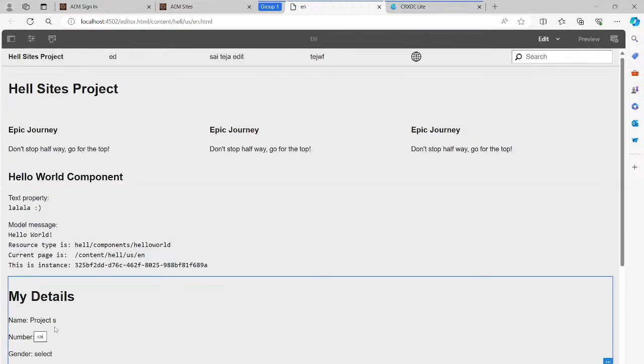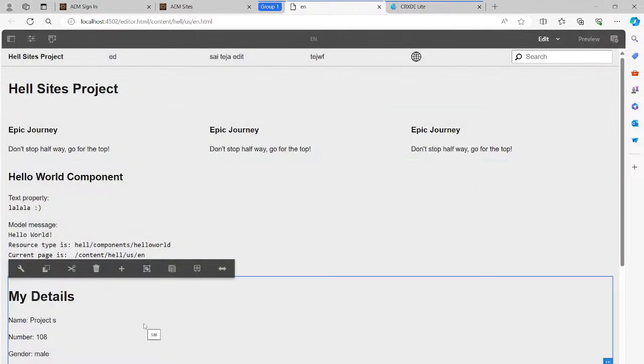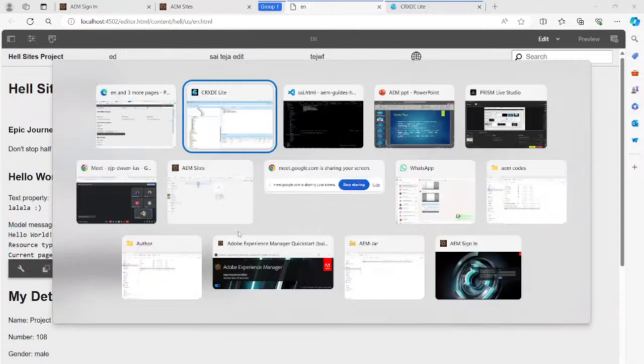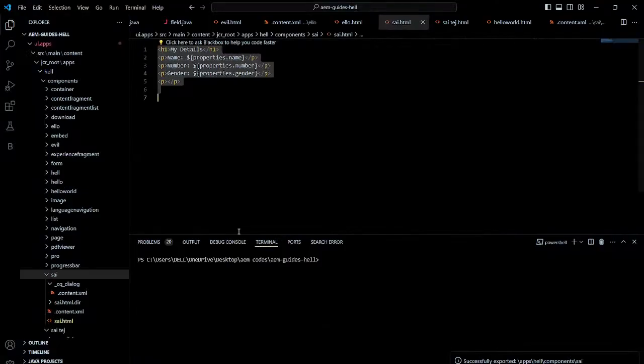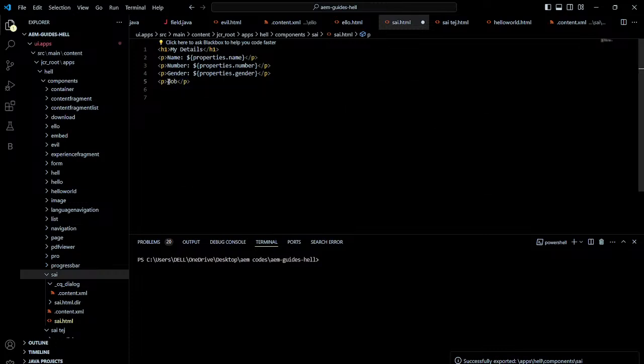Okay, name is the project test. Number is 108 and gender it may be select. And I want to change the gender from male select to male. It was one. And I have missed one. Like what is the date of birth? We can mention the date of birth like this also. You just type this one, date of birth,